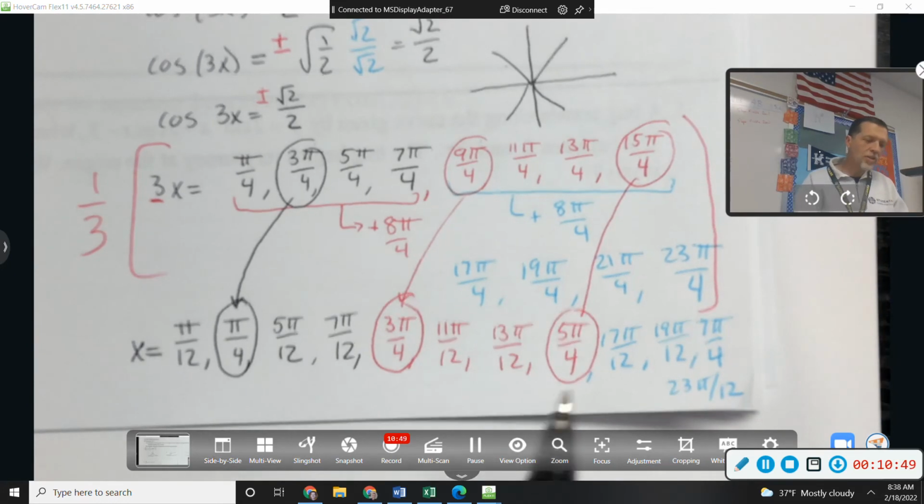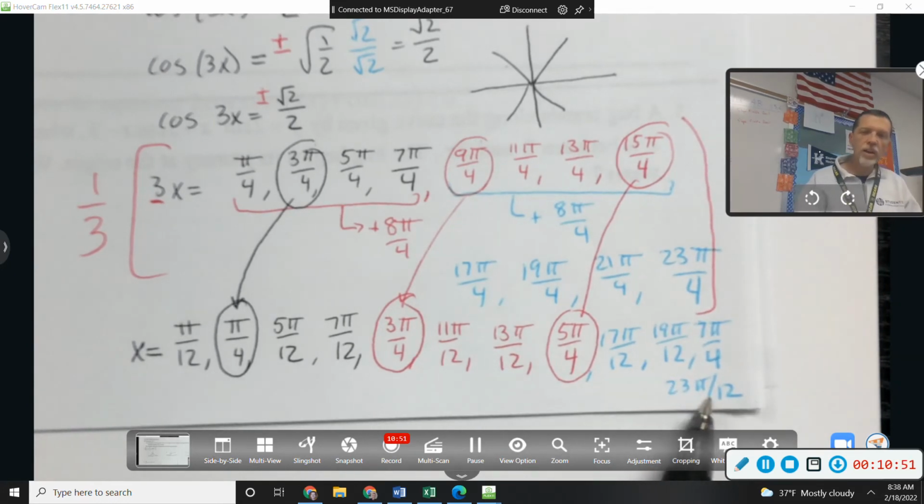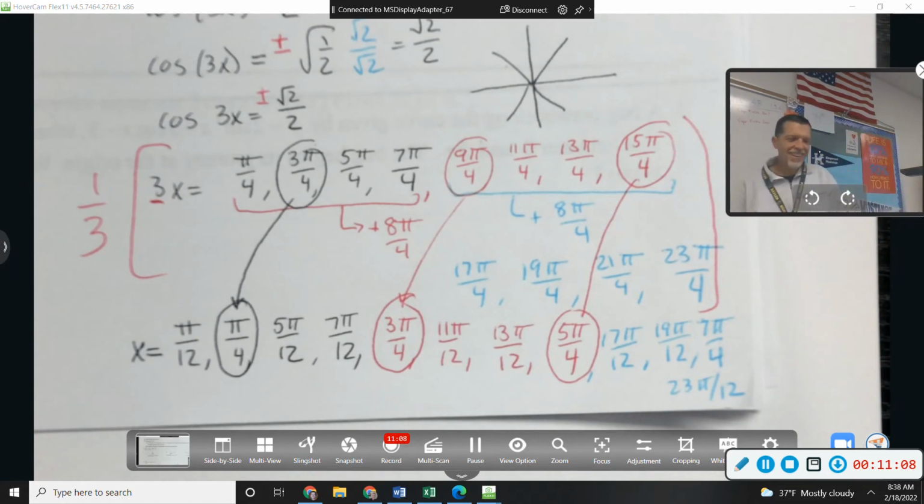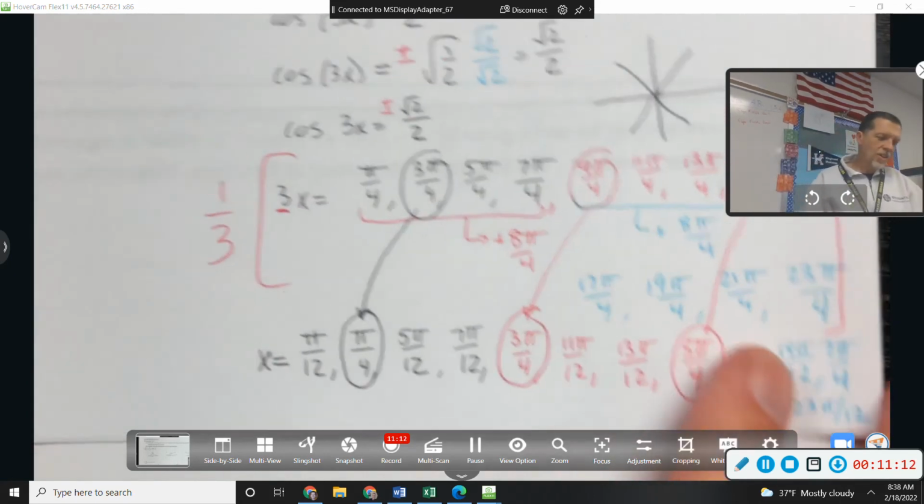Oh, somebody mentioned making sure we don't go past 2 pi. 23 over 12, that's less than 2. It's almost 2, but it's less than 2. So we didn't overshoot here. And you always want us to reduce? Yes. He didn't reduce. On 13,